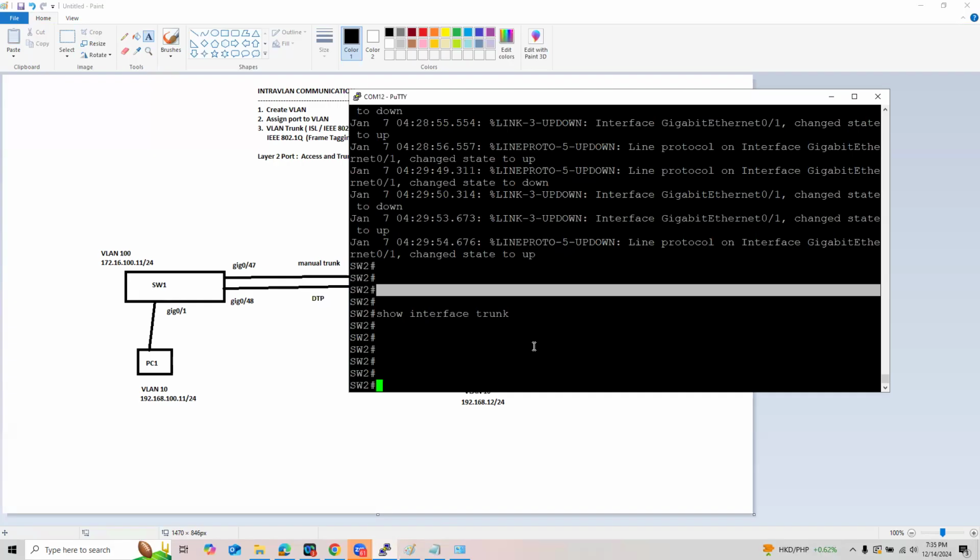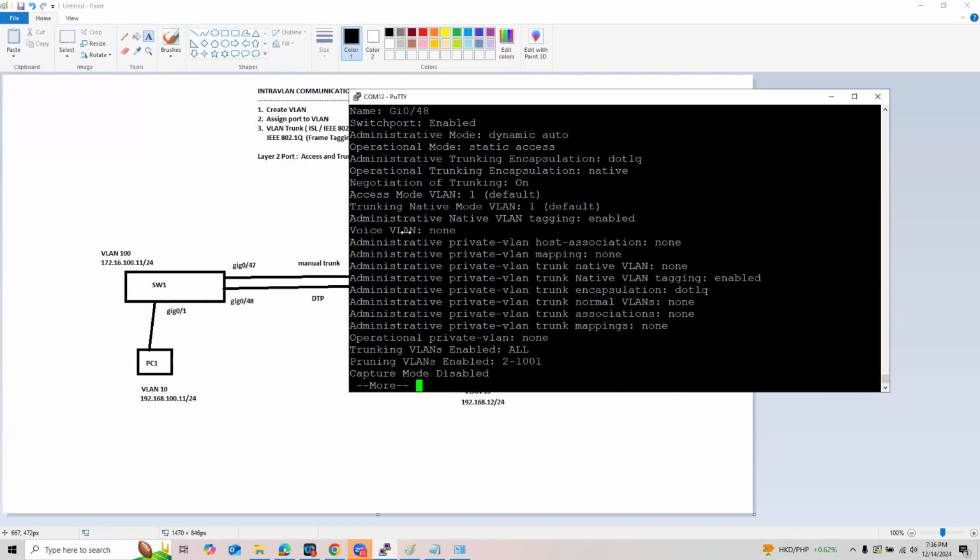Okay. So first and foremost, if you are going to rely on DTP, first let's review what the default of the Cisco interfaces is. Now, if you check show interface, let's say gigabit 0/48 switchport. Remember that command. Note that.